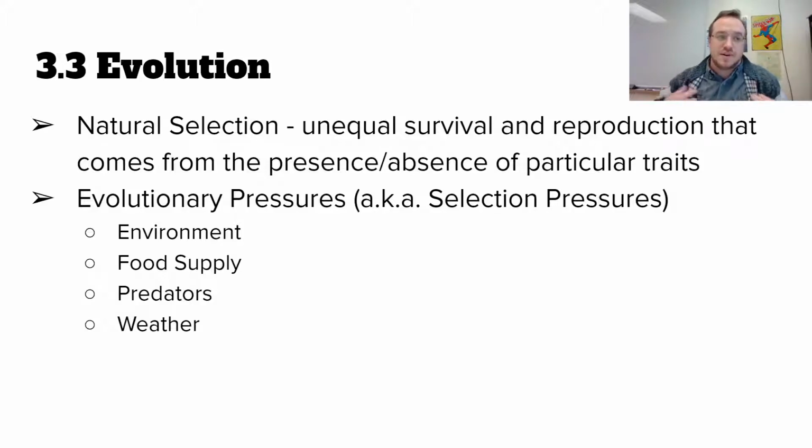So a particular trait that might be beneficial, a good thing for that deer is a thicker, heavier fur coat, right? And I'm talking about the hair and fur on them, right? So a more cold tolerant deer will be able to live longer and reproduce more. So their kids, the next generation down, it's more likely that they will have that same thick, heavier fur coat. And this continues for generations, right?